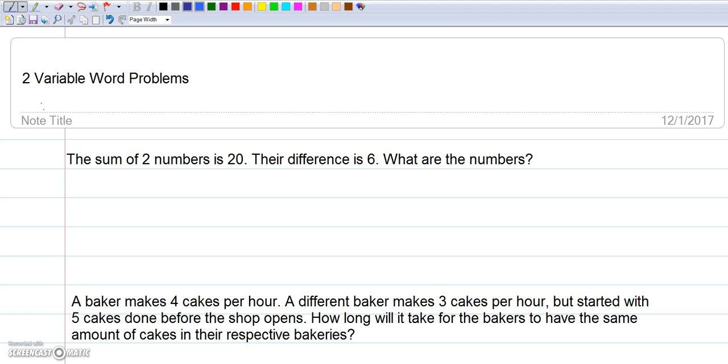But think about it for a second. When we talk about x's and y's at the same time, what are we usually talking about? We're usually talking about a graph. We're usually talking about a slope and a starting point. We're talking about patterns. We could possibly talk about substitution and elimination. But that's about it. There's nothing else that we haven't already done with these problems other than have to set